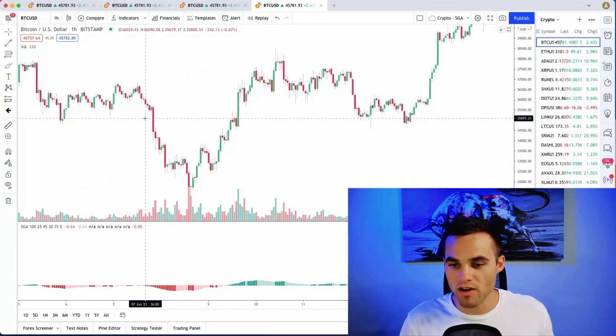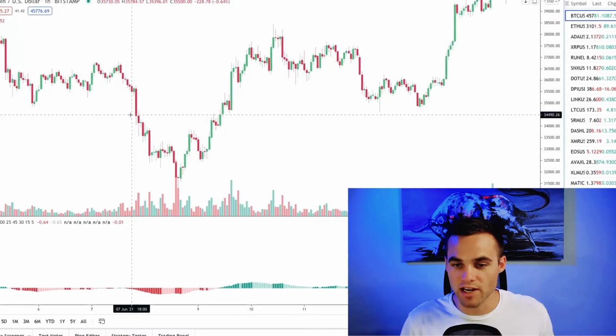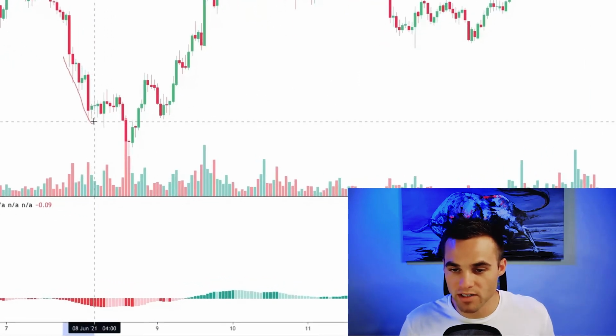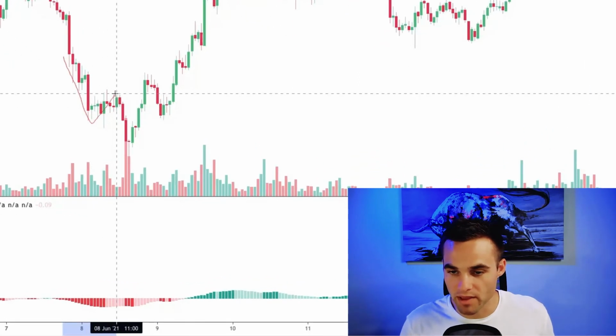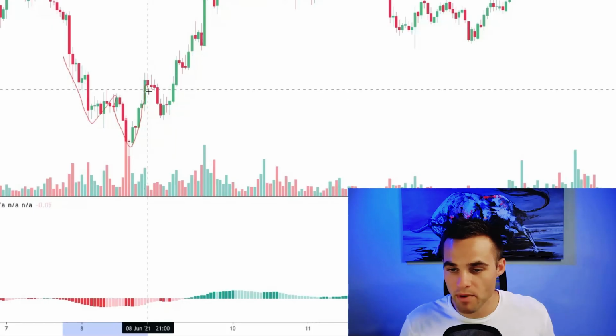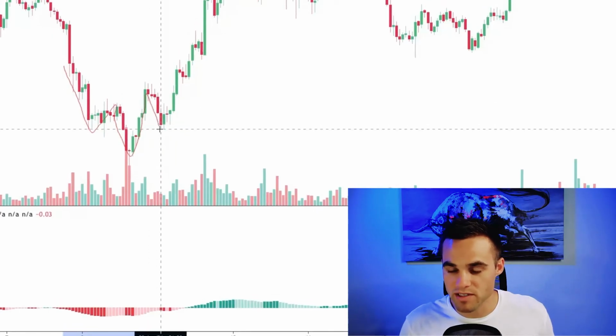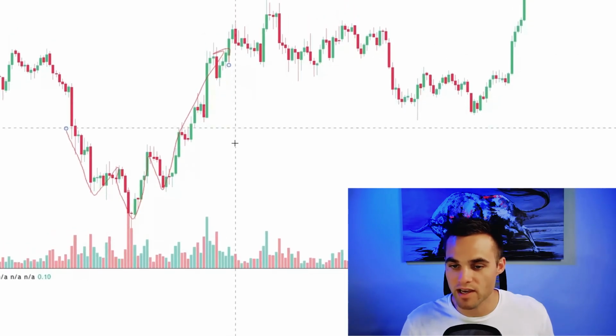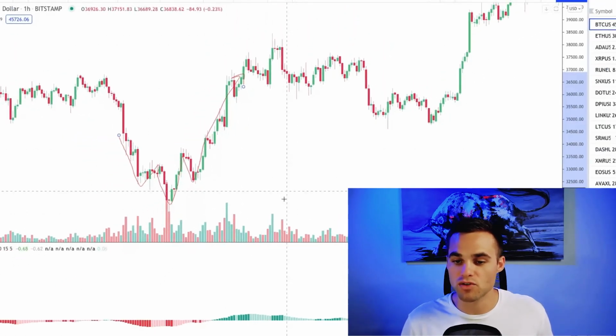Okay, now here's an example of what we could see as an inverse head and shoulders. So we saw that the shoulder formed right here, price went down here, didn't want to come back up a little bit like this. Then it came down, went even lower and formed the head here. Didn't want to go there. Price came up, price came back down to form this other shoulder, and then price took off upwards to this area here. So this is an inverse head and shoulders pattern.